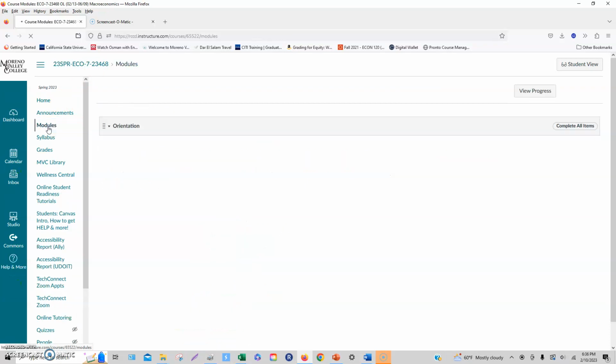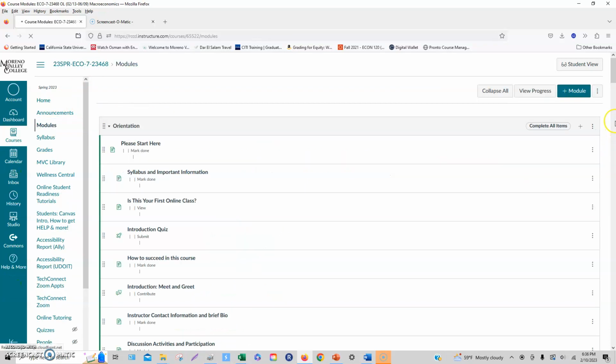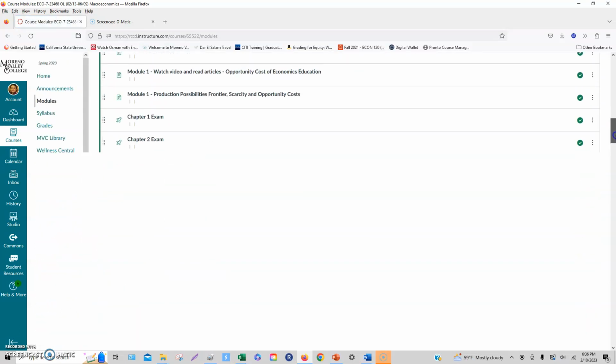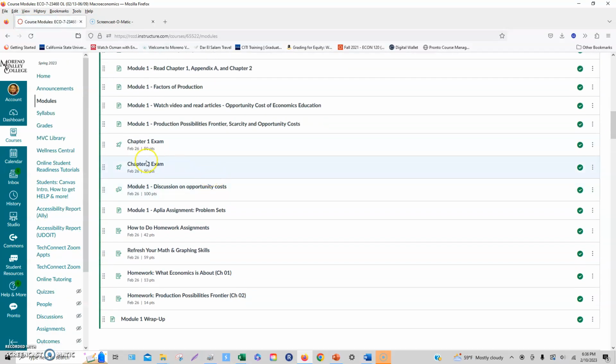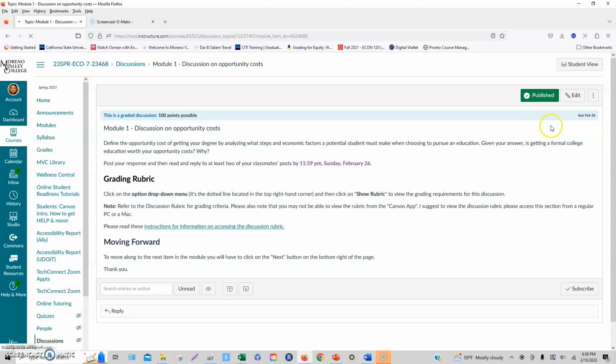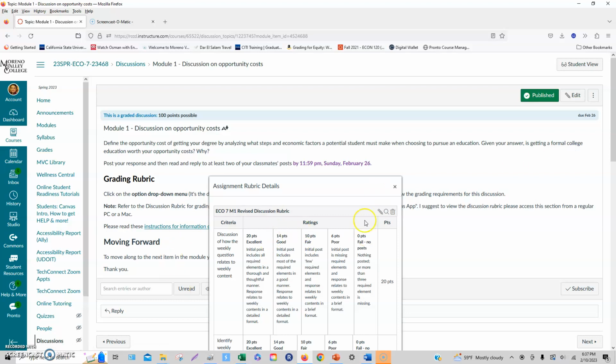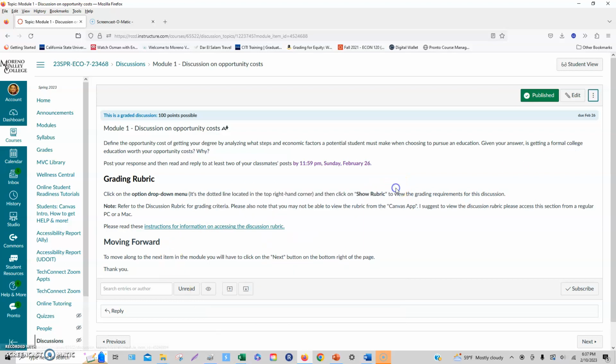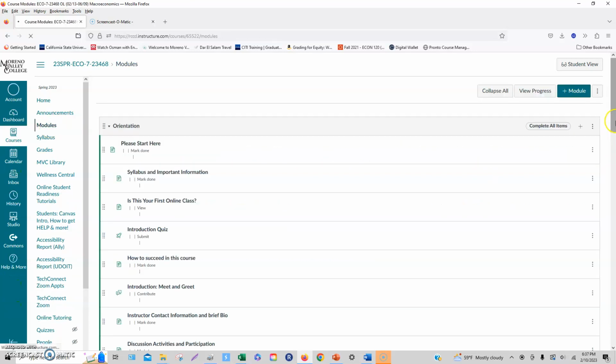Give me a second. And then you finish your chapter 2 exam, then participate in your discussion forum. And how I will be grading your discussion forum, you can go to these 3 dots, show rubric, only then the detailed rubric will show up. So after all of those,